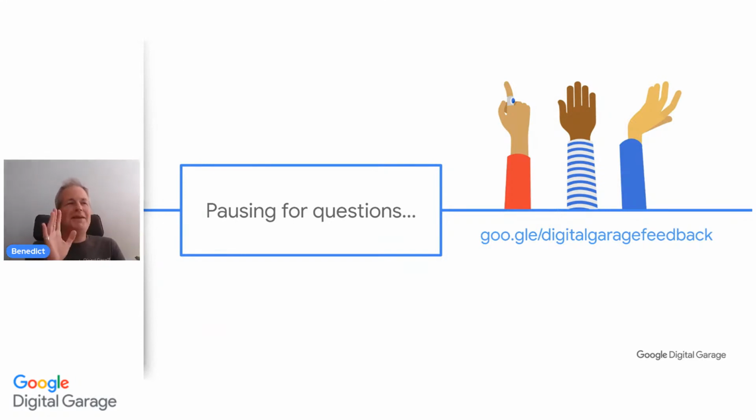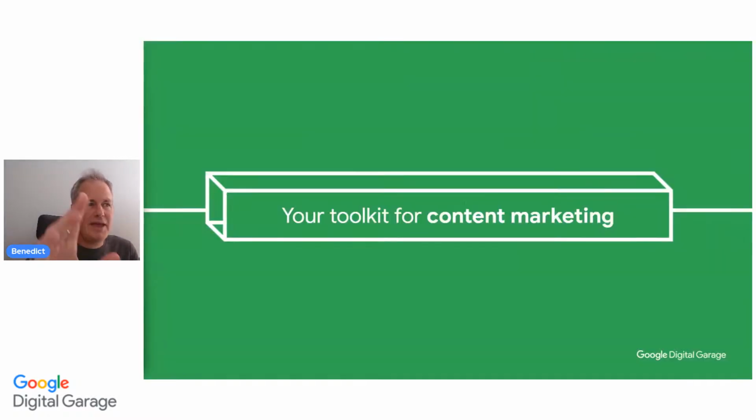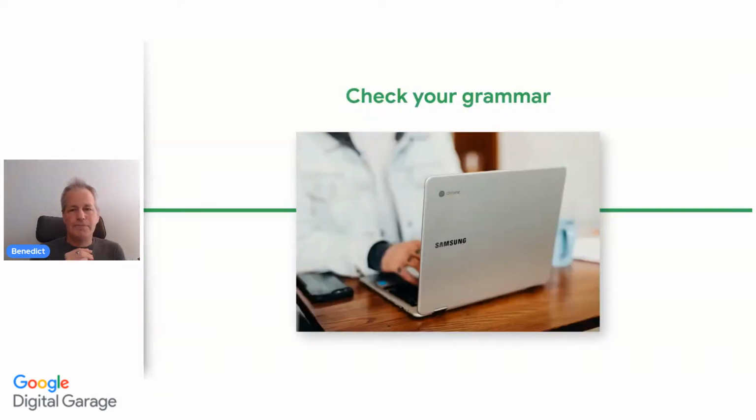Okay, so let me now move on to the last and third section. We've only got 8 minutes, but I think I can wrap this up with the time I've got left. Your toolkit for content marketing. I'm going to go through a couple of different things here. Glenn, thanks so much. You'll be providing some different links to help with these. All right, the toolkit. So let's go through these.